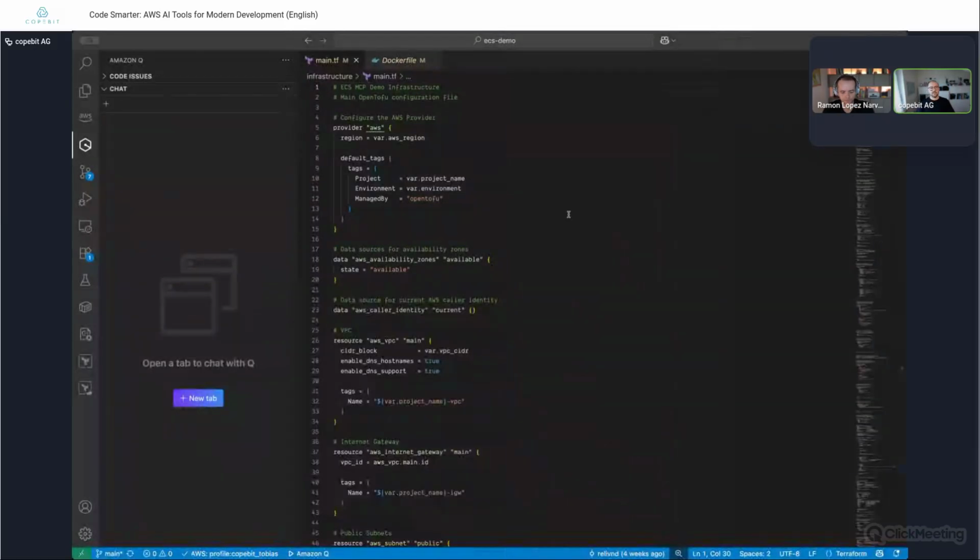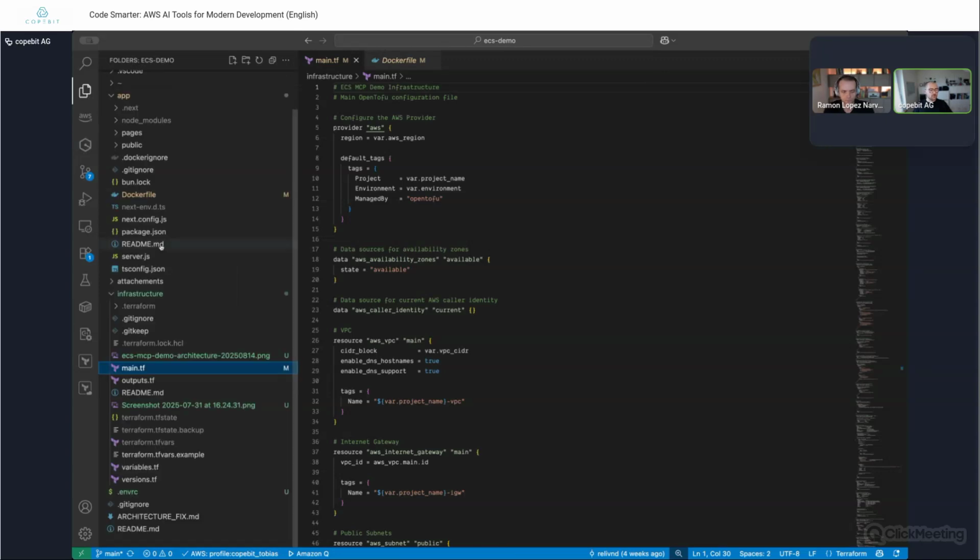Okay, and in here, as you can see, this is VS Code, because as Ramon has mentioned, Kiro is great. It's a very cool tool, but maybe you're just used to your IntelliJ or your VS Code or your Eclipse, and you want to stick with that, then that's all fine and fair. But you will ask yourself, how can I use these amazing features that we've just shown? So one way you can do this is by using Amazon Q.